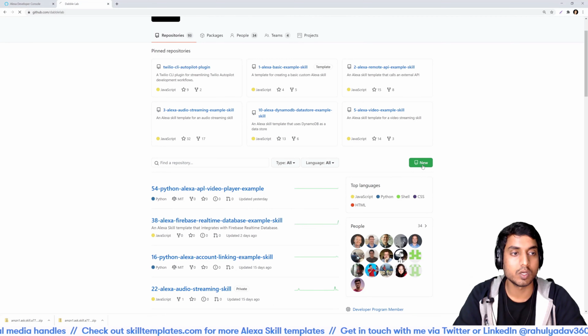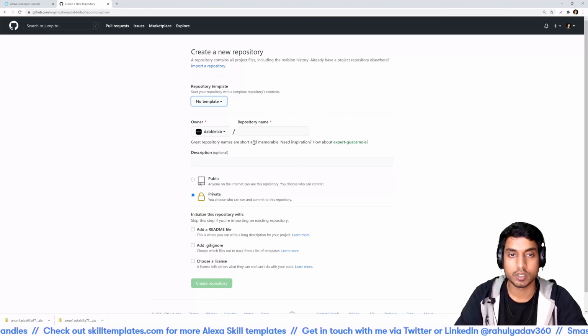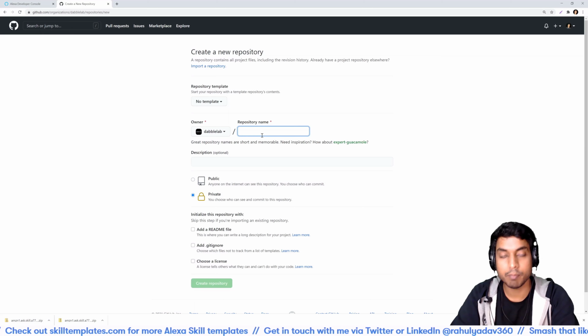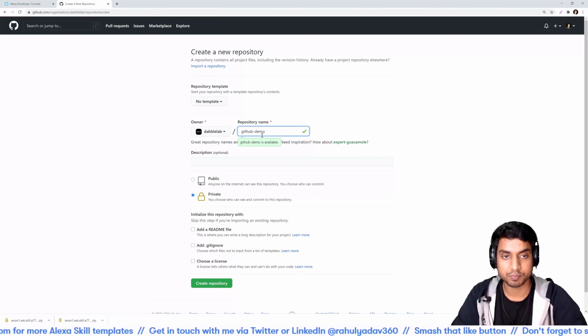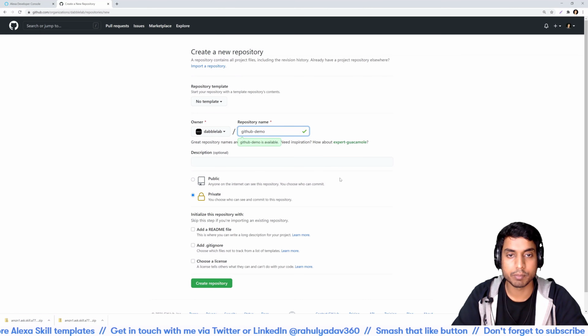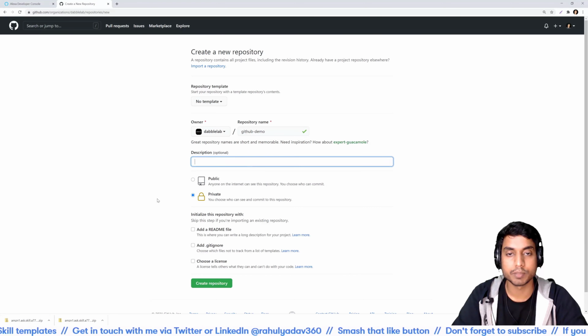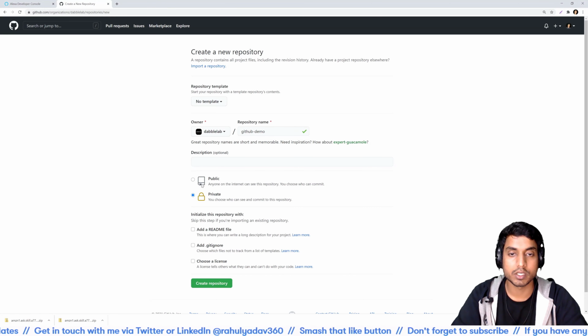I will click on new repo, and I'll give this repo a name, which I'll say GitHub demo. If you want you can give a description. It's not necessary, but make sure that you select public from here.